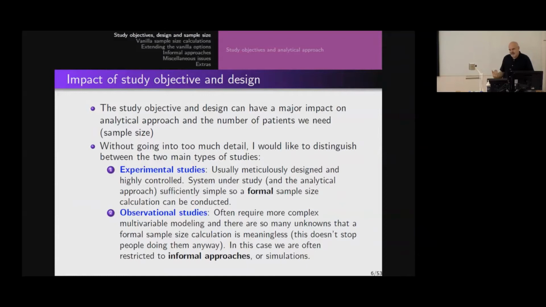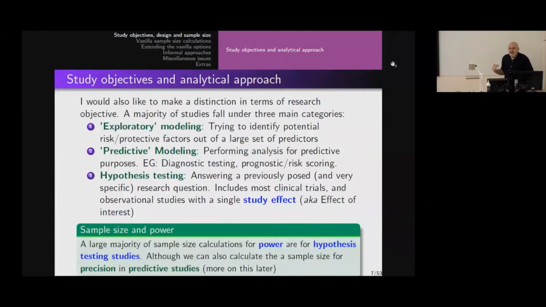And one of the problems is we have to deal with reviewers and we have to deal with assessors. And particularly with assessors these days, we don't get any rebuttal. We can't actually say, well, no, it would be inappropriate to do that for reasons X, Y, and Z. They just reject our grant application. That's it. We get no chance. So their misunderstanding of the problem will cost us our grant. So people just become practical and throw in Greek letter formulas anyway. So that's a very important aspect, the type of study design.